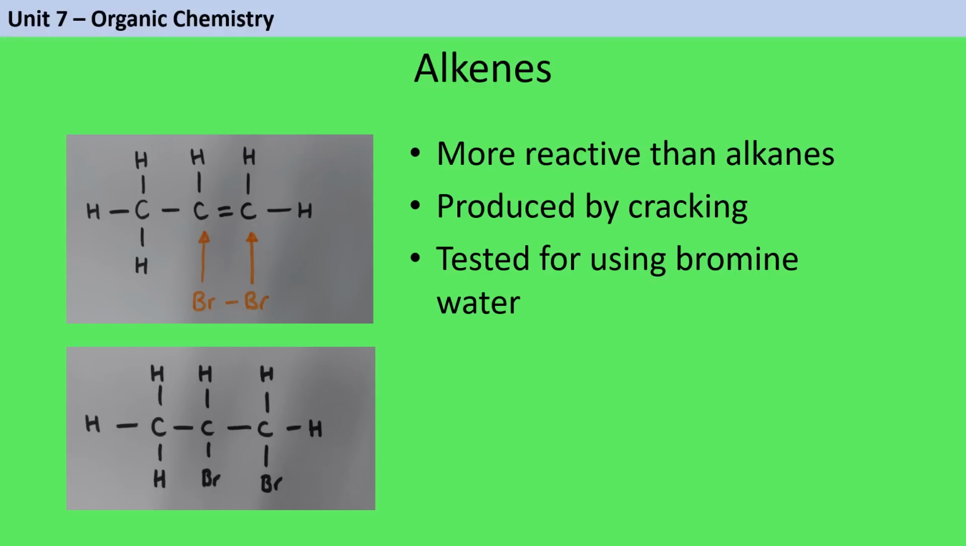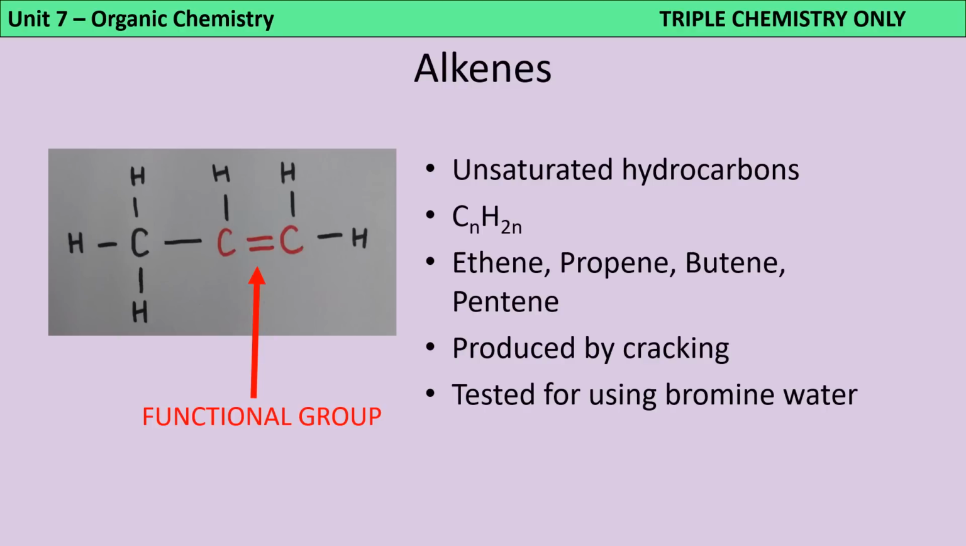You shouldn't be replacing all of the carbon-carbon bonds in the molecule with double bonds, you just need 1 of them. In order to test for an alkene, we add an orange liquid called bromine water, which will turn colourless in the presence of a double bond. If you're doing combined science, you can now skip ahead to chapter 8, but if you're doing triple science, we